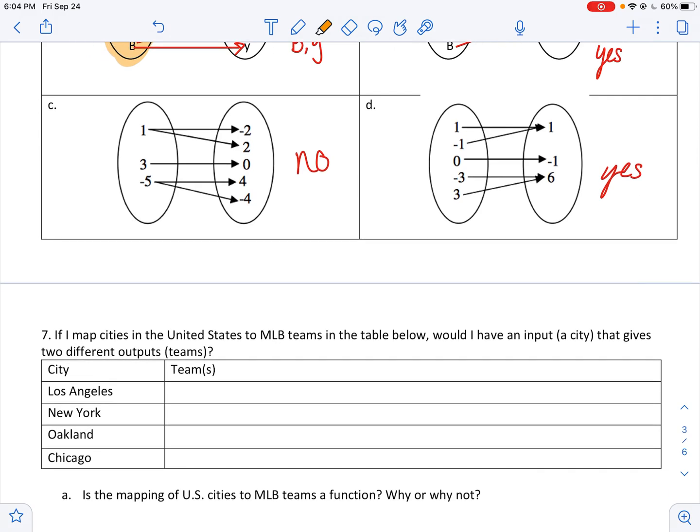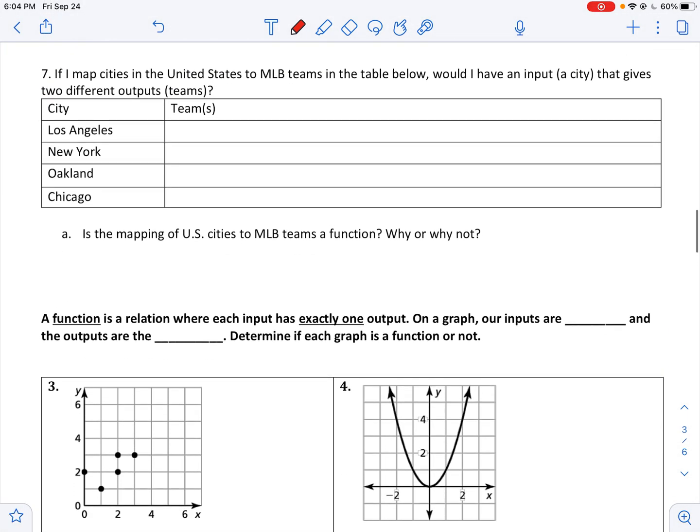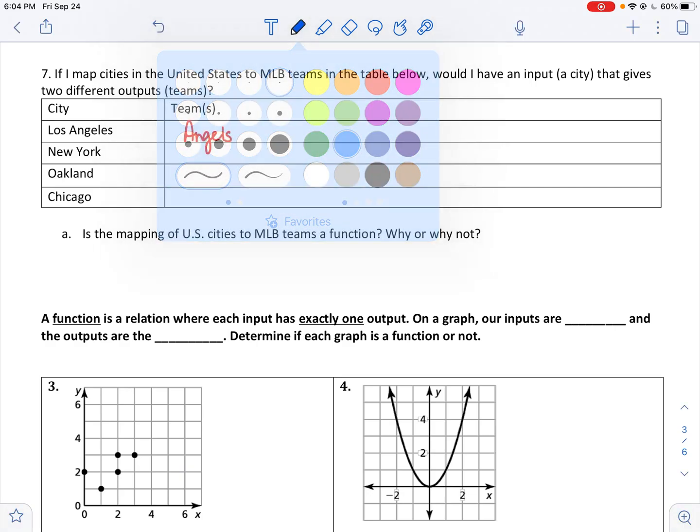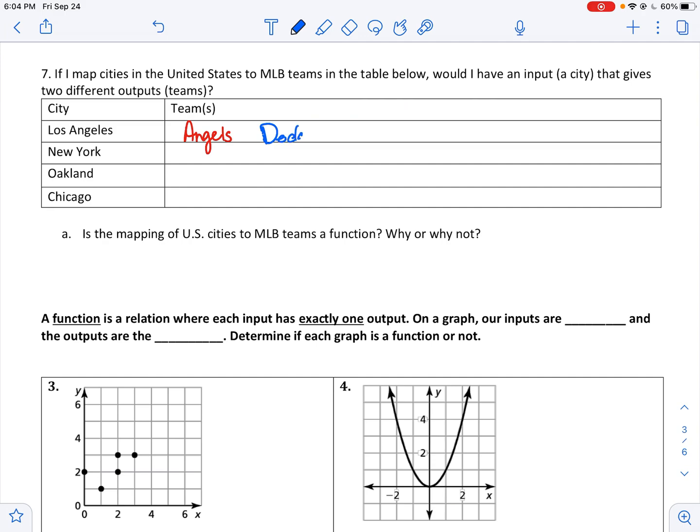All right, now we're going to try something a little bit different. We're going to talk about real-world functions. So if I map cities in the United States to Major League Baseball teams, would I have an input, a city, that gives 2 different outputs, teams? So let's talk about baseball teams. LA, there's the Dodgers and there's the Angels. We'll do Dodgers and Dodger blue. Dodgers, Angels. New York, you got the